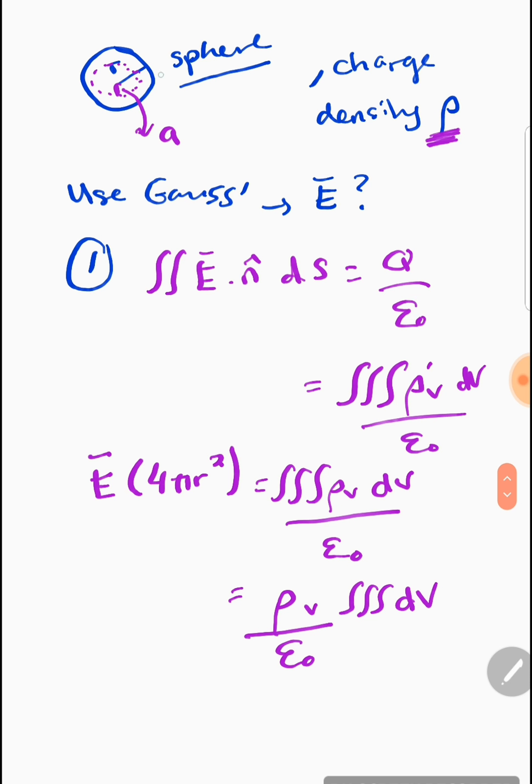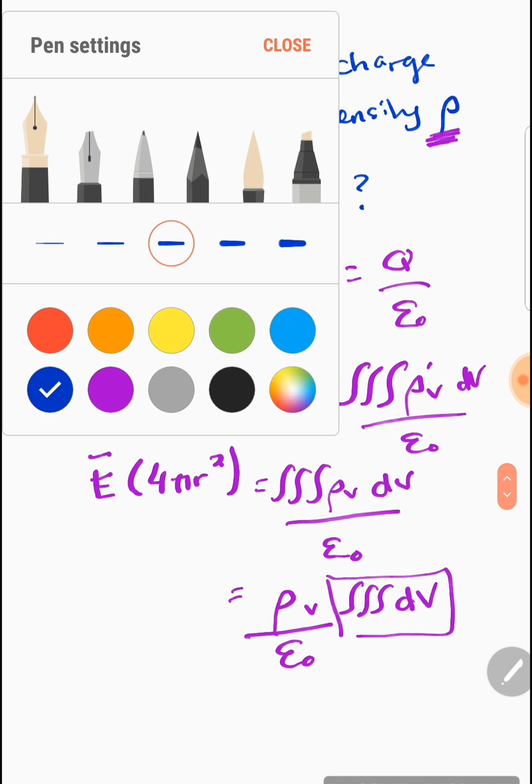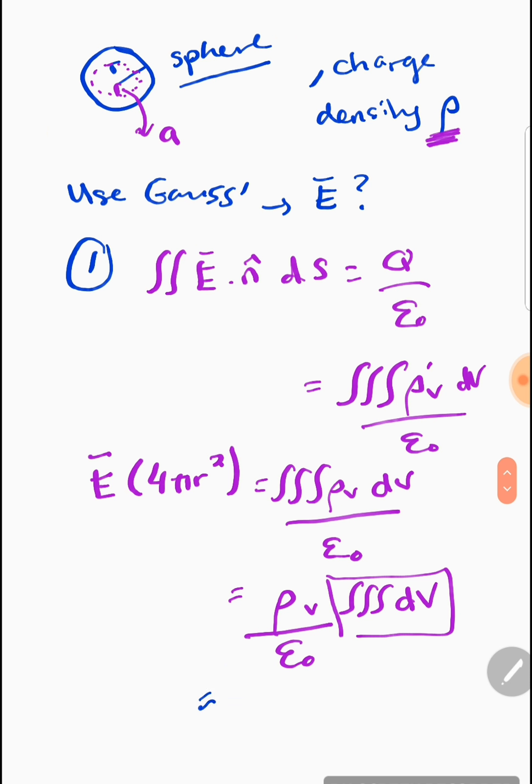What surface? That would be the surface in the region that we choose. So in this case, how we solve this dv will be exactly the same. And since this is a sphere, the volume of my sphere, if you still recall,